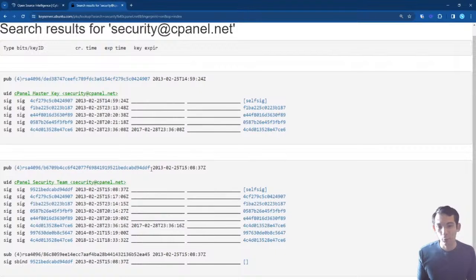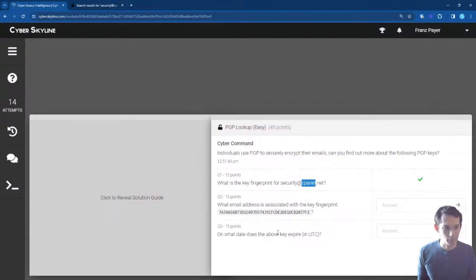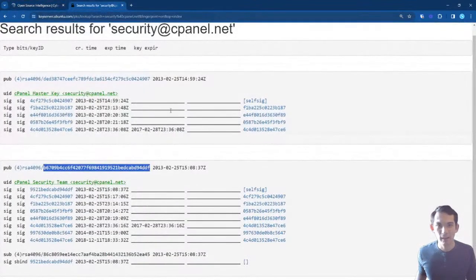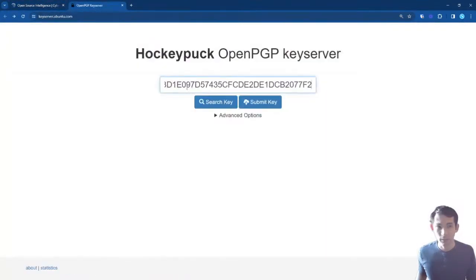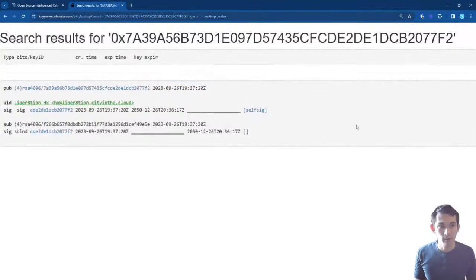Either one of these would be valid. So I could have pasted this other signature and would have gotten that one correct. The next question is asking what email address is associated with this key fingerprint. So going back here, let's run another search, and I'm going to run that signature in here,